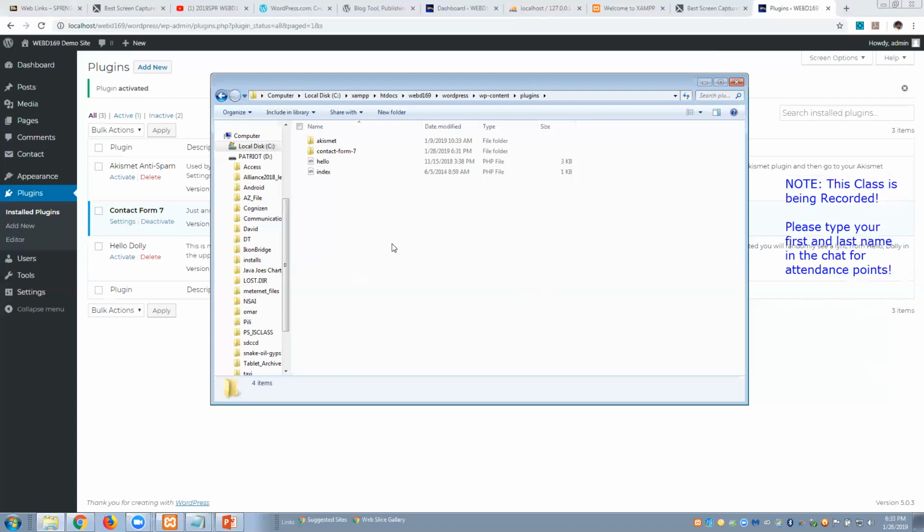We'll be able to create our own plugin for adding on a shortcode, and it'll put in your signature at the bottom. So all you need to do is say square bracket, signed, square bracket. It'll run this plugin, and it'll put in your name and your address and phone number anywhere you have it on your WordPress site. So we're going to add some functionality towards the end of the course.